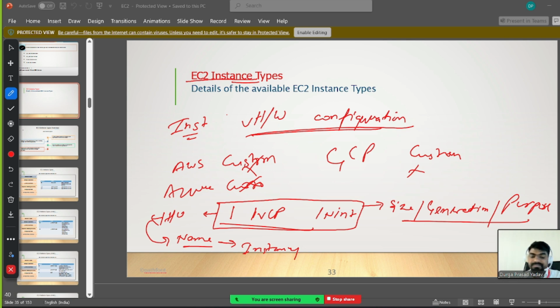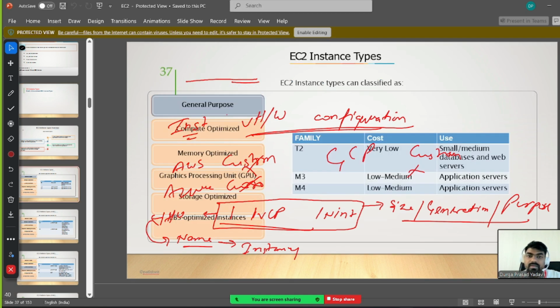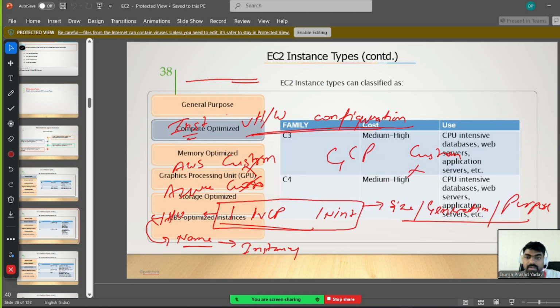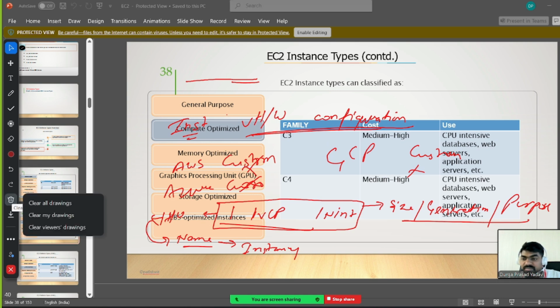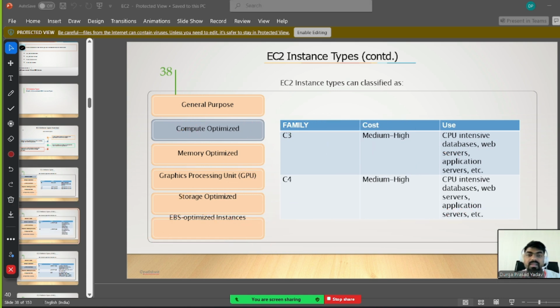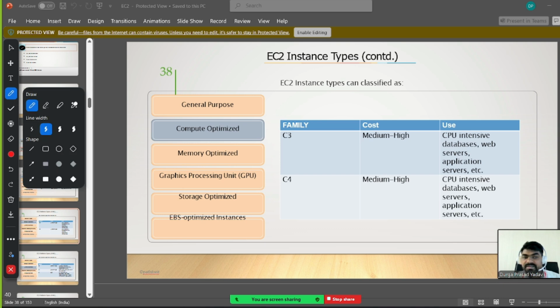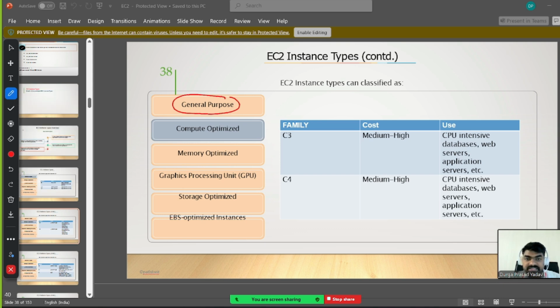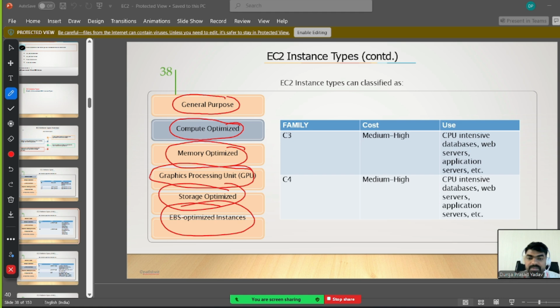If you see here, we do have this many families here. We do have general purpose instances. We do have compute optimized instances. We do have memory optimized instances. We do have GPU optimized, storage optimized, EBS optimized instances. What exactly do you need? For example,